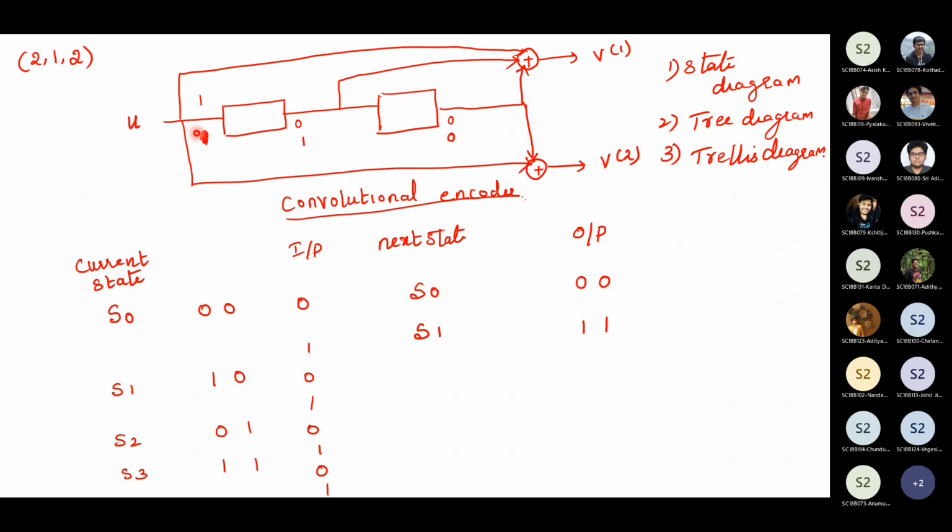Now I give an input 1 here. When I give an input 1, what is the corresponding output? 1. Previously the state is in S0 state, so these two are 0, 0. So 1 plus 0 plus 0, you will get, first one is 1. Again here 1 plus 0, you will get 1. So when I give a clock pulse, what is the next state? This 1 will be entering here. This 0 will be entering here. So the state will be 1, 0. So 1, 0 is what state? S1 state. Is it clear?